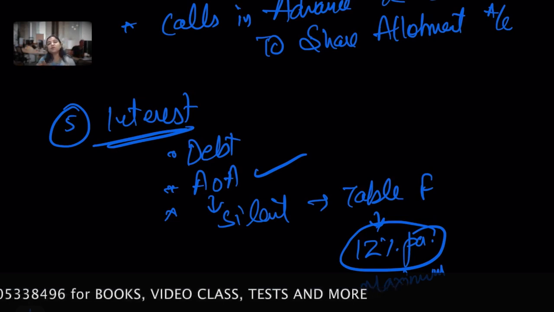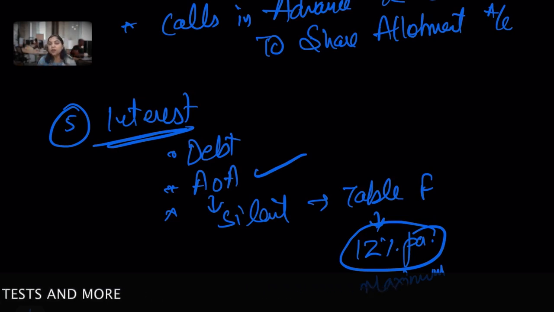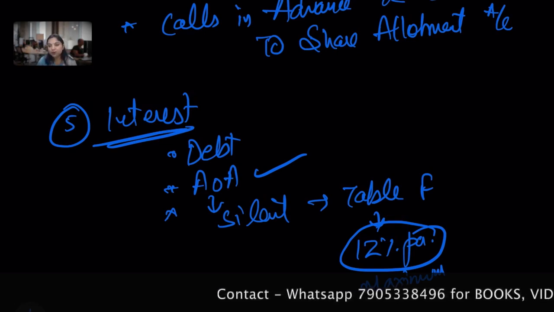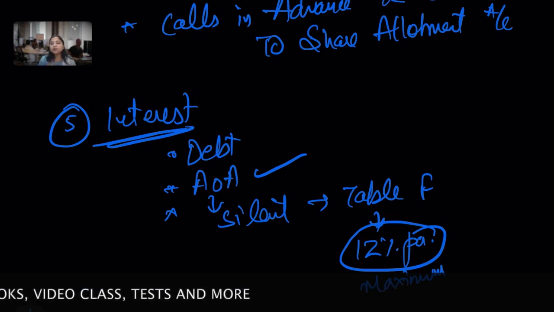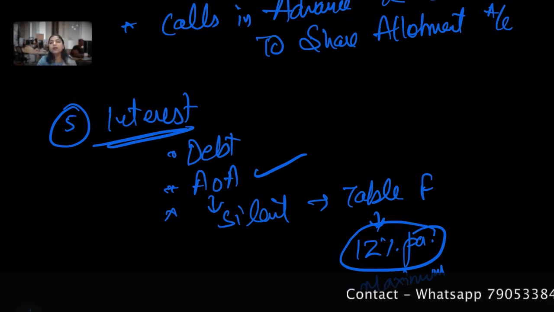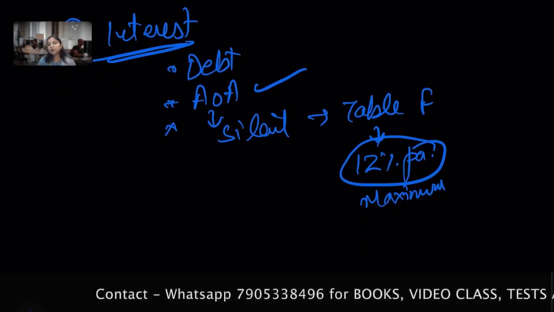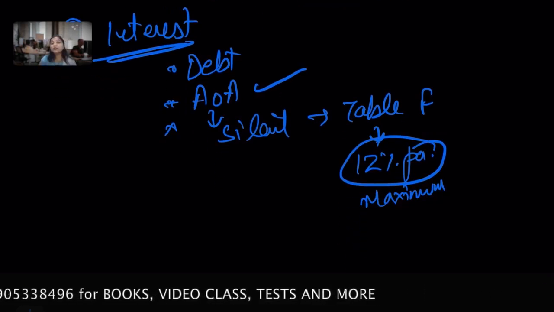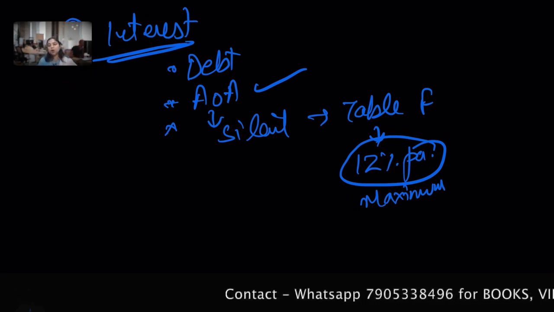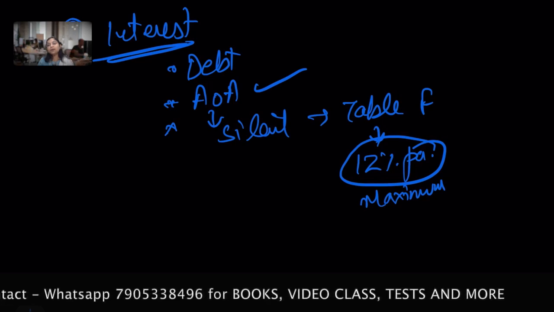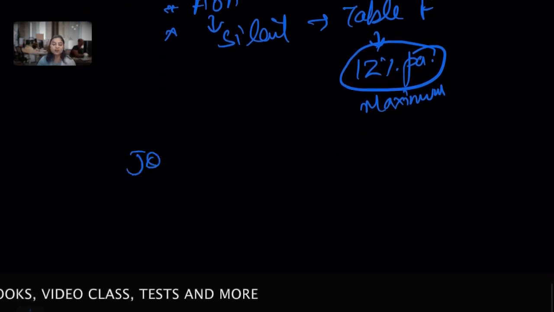So this interest on calls in advance is the company's liability, and it should be charged against the profit of the company. It is an amount that is paid regardless of any profit earned by the company. So what will the journal entry look like? Obviously, you received the money as a shareholder, I am liable to pay you interest, so money is going out of the company's pocket against what? Interest on calls in advance.